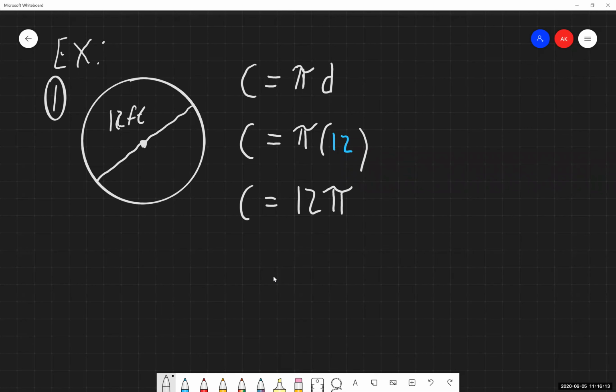We are going to come back to it and calculate more of these things out, but I want to go through at least the process of getting to this point with a few examples first. We will come back to the calculator here shortly. But for now, we would plug in just that 12 for the diameter, and our circumference is going to be 12 times pi. And we'll get a big, long, gross decimal showing up out of that, and we'll deal with that here in a little bit.